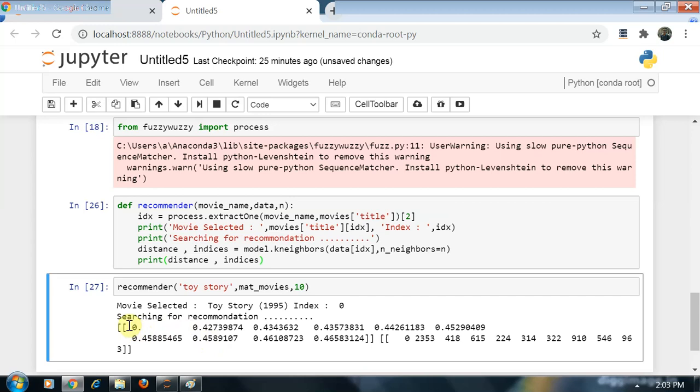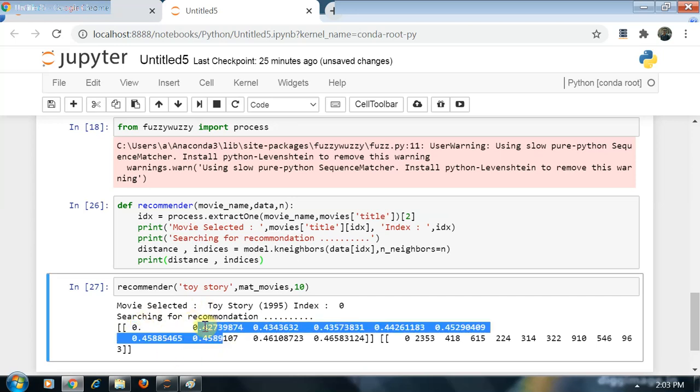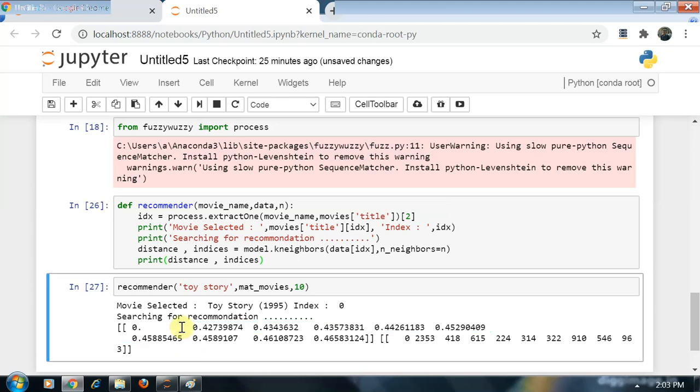It is giving 0 here. Why is it giving 0? What does 0 cosine distance mean? Now look, this is our cosine distance. We have already talked about the cosine distance. I can say 1 minus cosine distance is nothing but the cosine similarity.